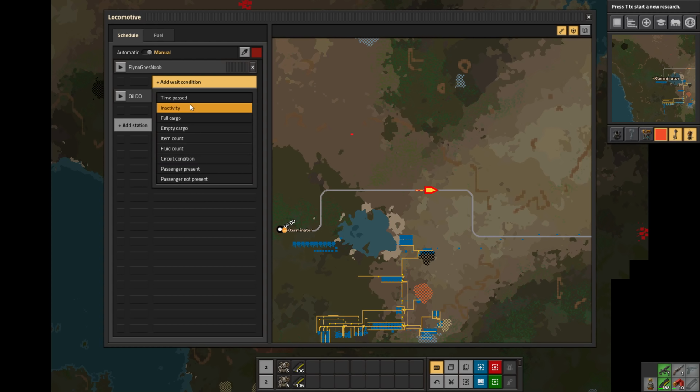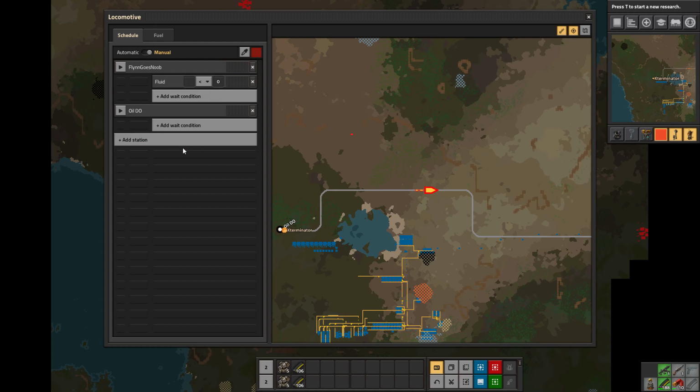Usually I do full or empty. For this, I am going to do a fluid count, because there may be instances where one side empties all the way and one side doesn't quite empty all the way. Then it's going to be sitting there waiting for one side to empty, and the part that did empty, all those tanks are going to be drained, so it would be very uneven. So if we do a fluid count,